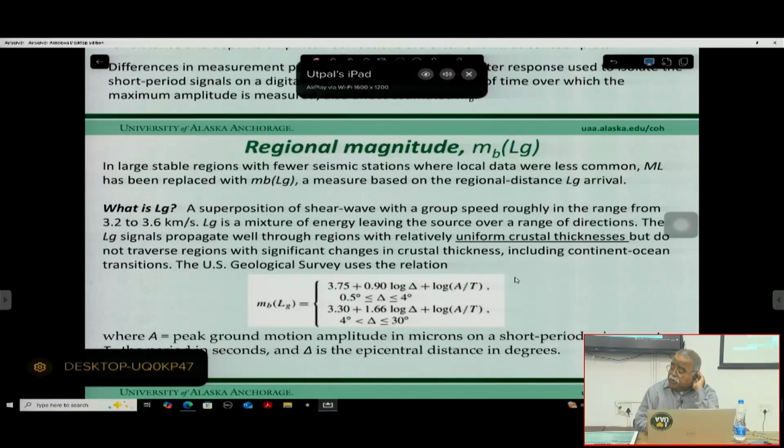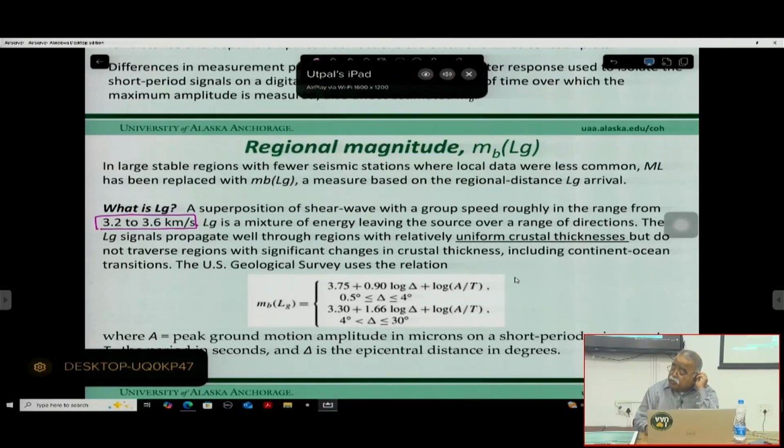The Lg wave is basically a particular type of shear wave with a group speed in the range of roughly 3.2 to 3.6 kilometers per second. Lg is a mixture of energy from the